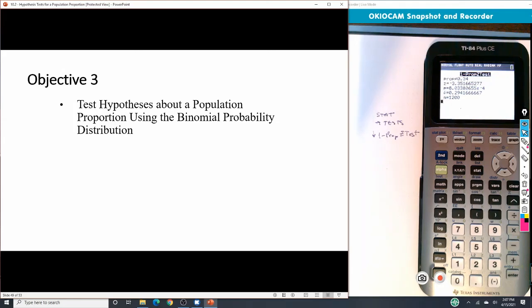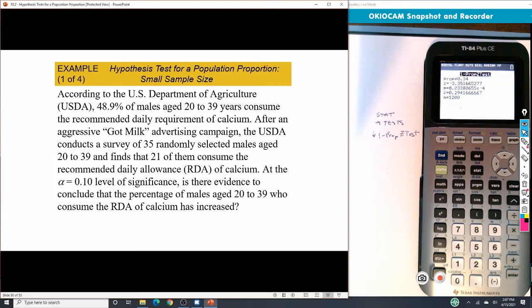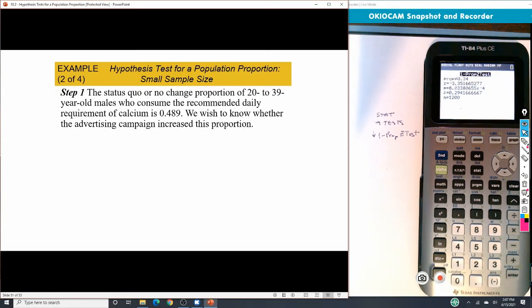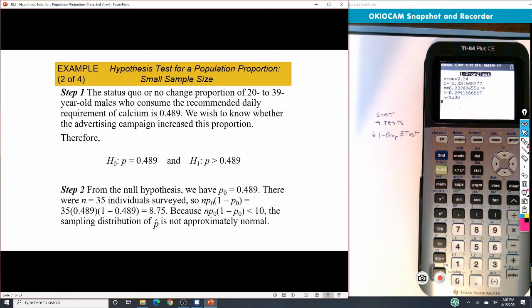All right, now sometimes things don't come out to be normal, and so we need to look at what's happening here. So for instance, in this problem, we see that 48.9% of males consume the daily requirement of calcium. And so here they did a survey, and out of 35, 21 consume the recommended daily allowance. But when we look at those pieces, even though we think it's going to be different than that, we don't meet the requirements for normal because